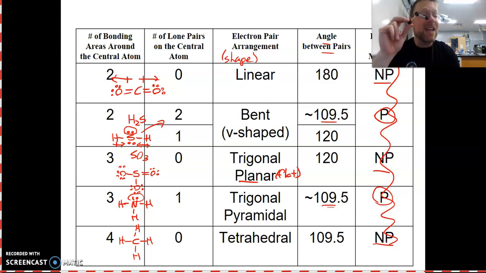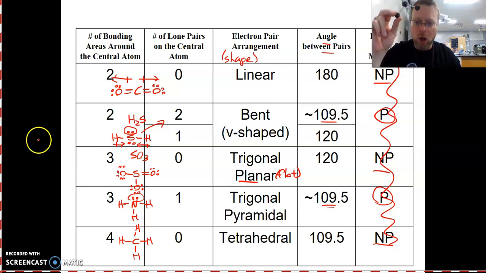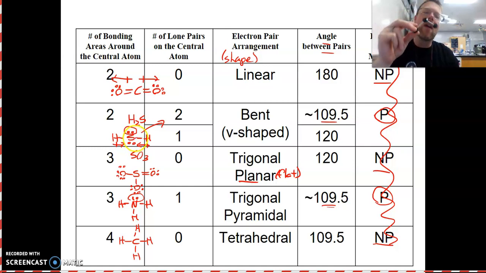Okay, now that tends to happen anytime you have lone pairs on the middle atom in a structure. It's going to be a polar molecule because the shape just lends itself to scenarios where you're not going to have pull